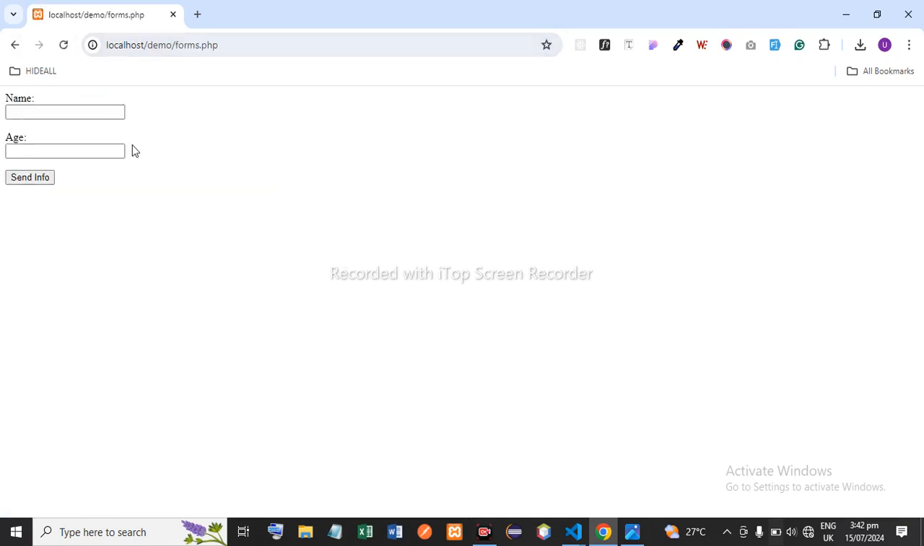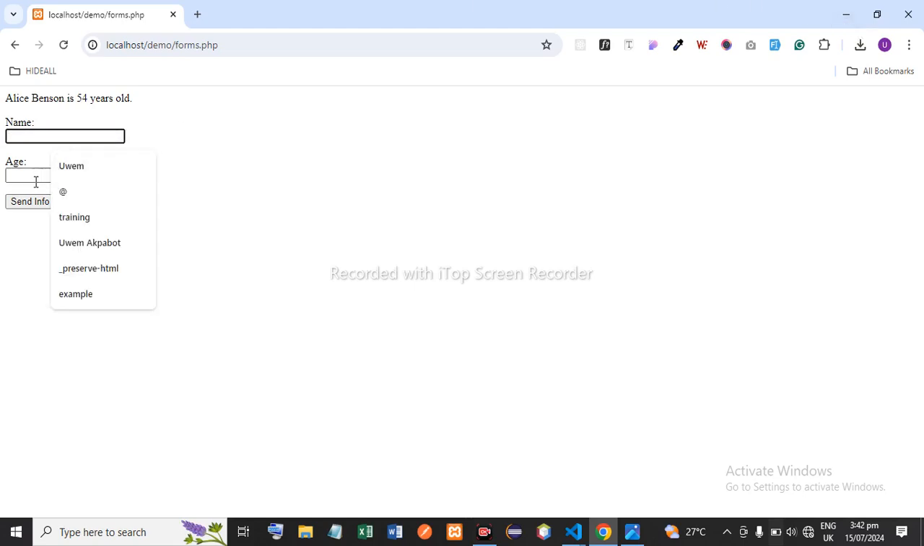So forms. Okay, so we have name and 93 or 94. So Um is 94 years old. So it prints that it picks this, whatever name you, Alice Benson, okay, and 56 or 54. So Alice Benson is 54 years old, and it prints that for you, okay. You can use this to do a multiplication timetable, a small app where you multiply the first number and